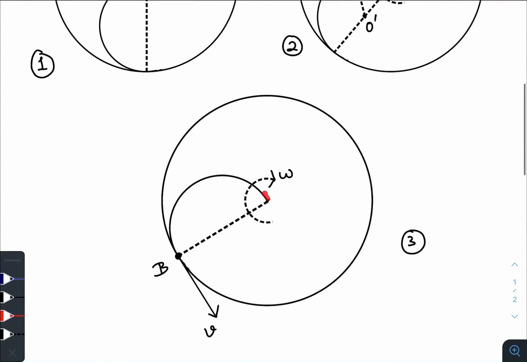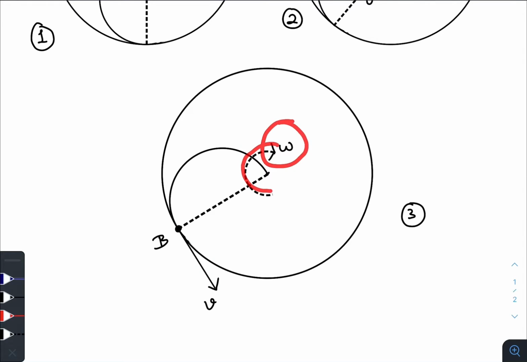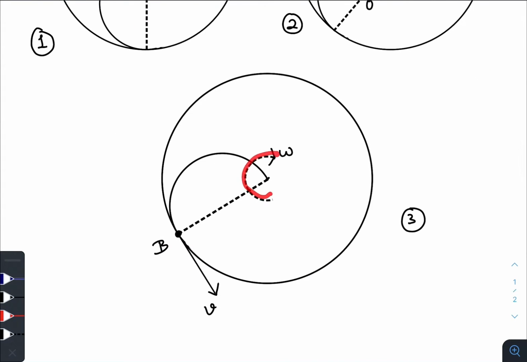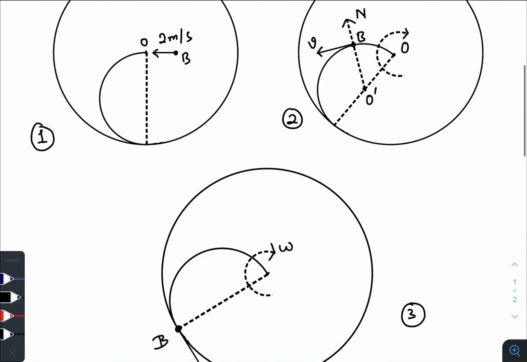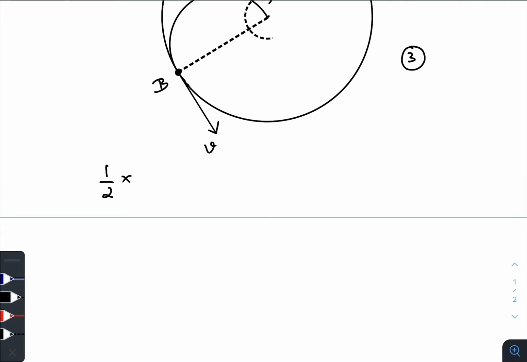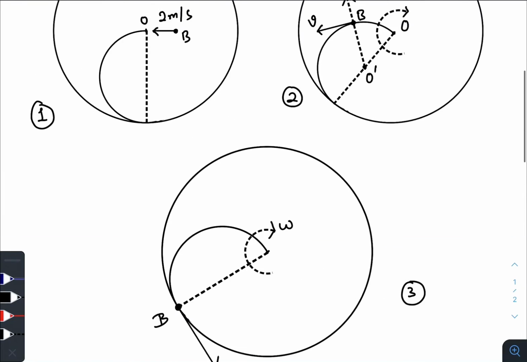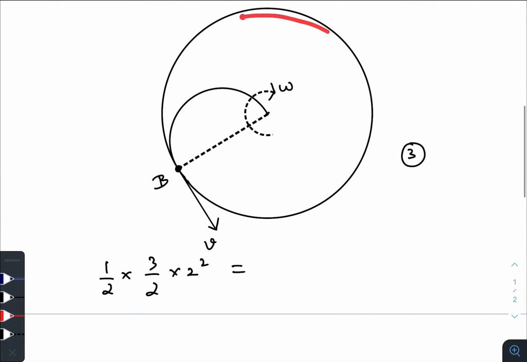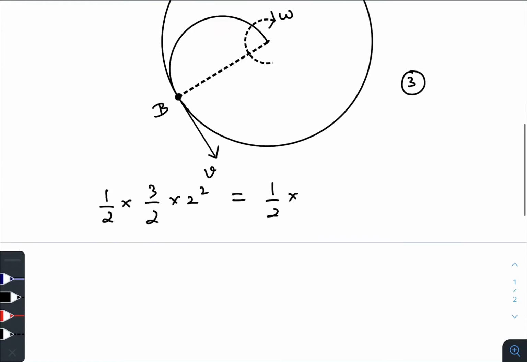Now, when the ball reaches the other end of the groove and tries to come out of the groove, the disc has already gained some angular velocity omega. So the initial kinetic energy of the ball is utilized to increase the angular velocity of the disc, and the final speed of the ball becomes v. This v is the velocity of the ball with respect to the ground. First we need to conserve the kinetic energy. The initial kinetic energy of the ball, that is half the mass of the ball, that is 3 by 2 times 2 squared, is utilized to increase the kinetic energy of the disc, that is half I omega